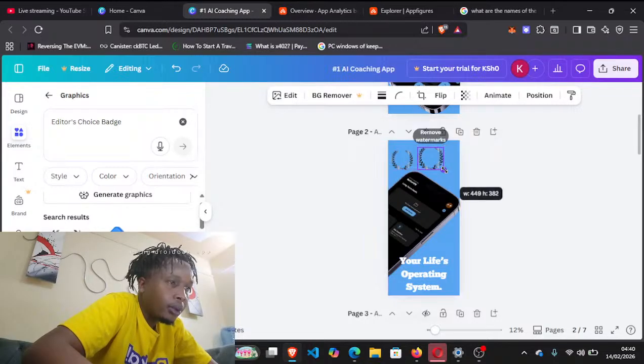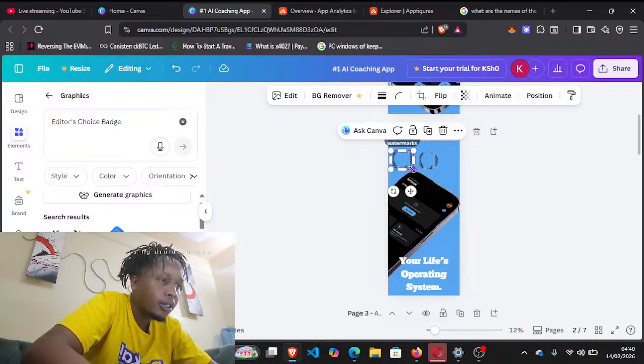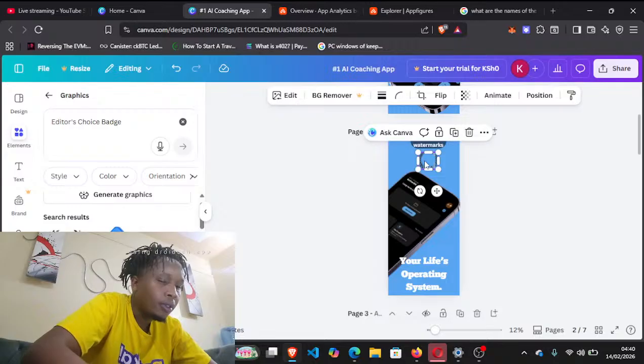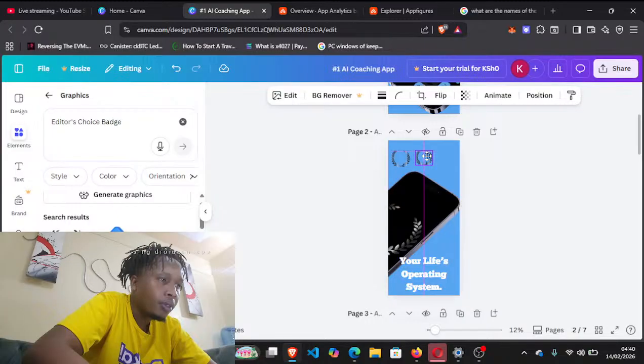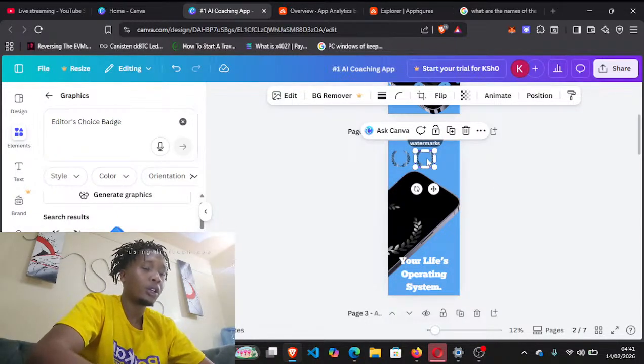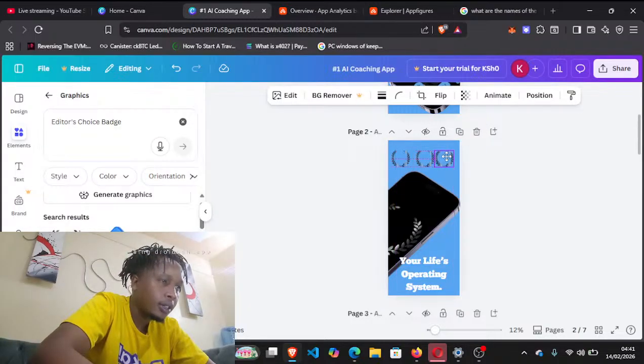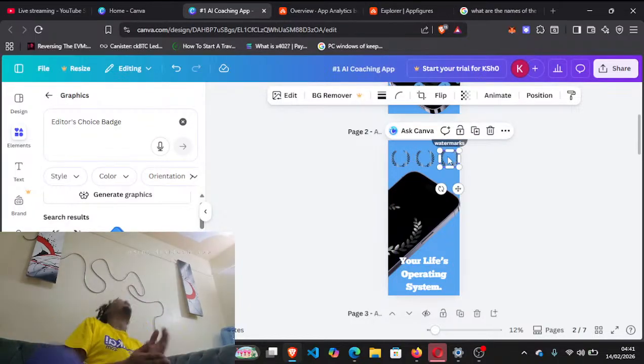The second one will be talking about App Store ratings, and then control duplicate. This one will be talking about